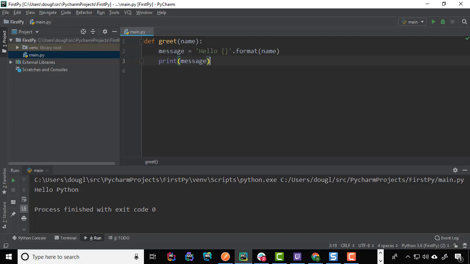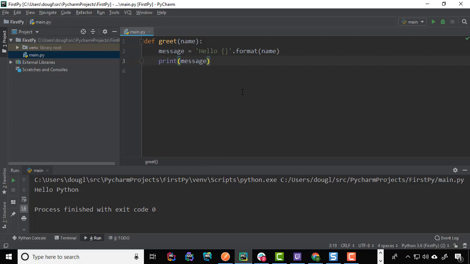It must be consistent, so you can't indent 4 spaces in some places and 2 in others. It's bad style to do this anyway, but Python won't allow it at all. And you can't mix spaces and tabs. Now one advantage of using PyCharm is that it handles this indentation for you and makes sure that it is